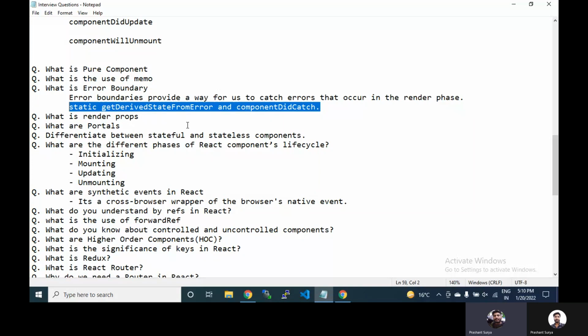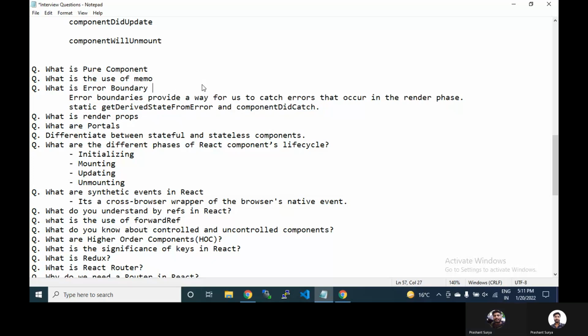So you can remember these two hooks which are used to create your error boundary component. And we pass as a child whatever components have to be wrapped inside this error boundary. This basically helps you catch the error occurring in all the components which you have wrapped between them, and you will have to write it like this.